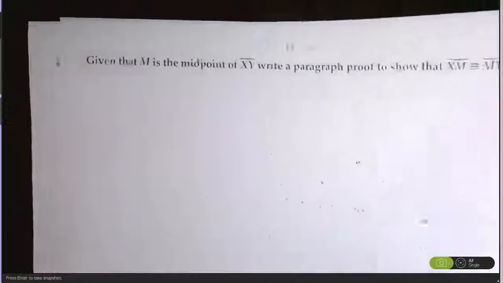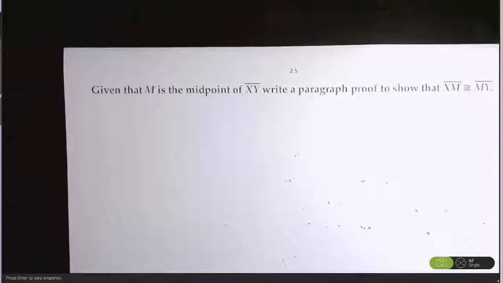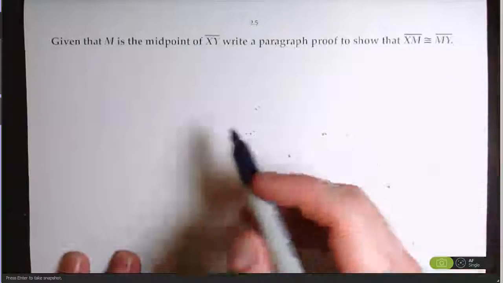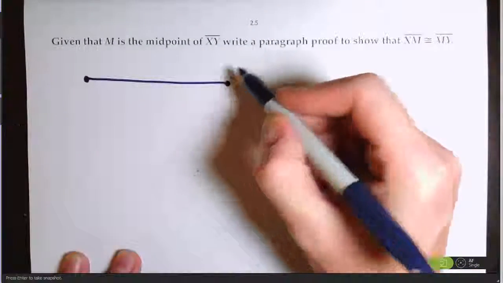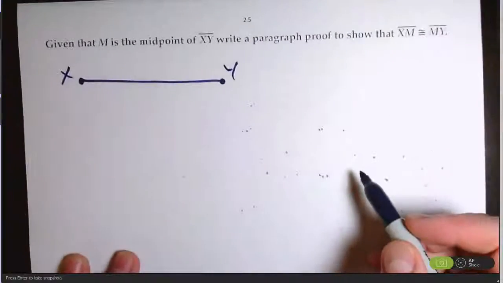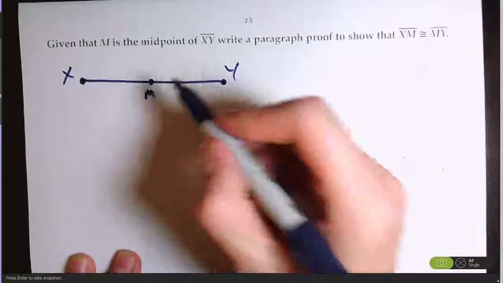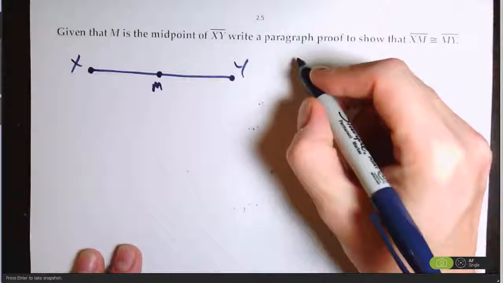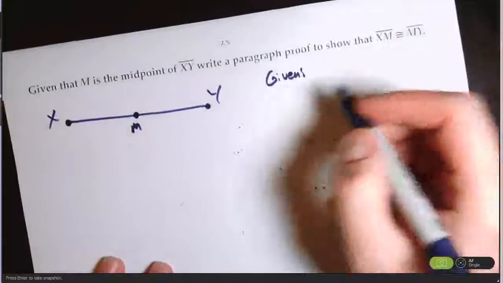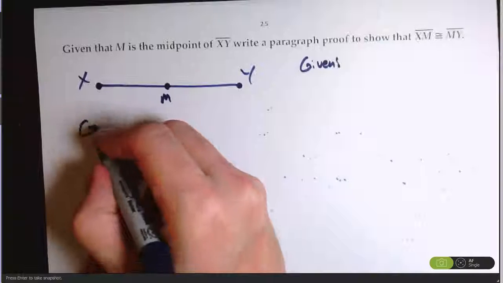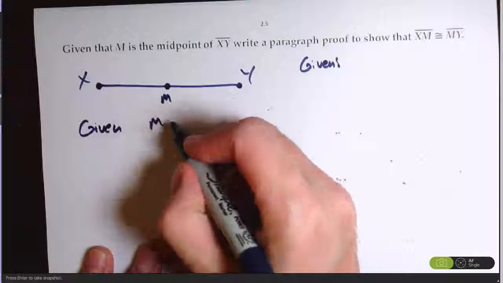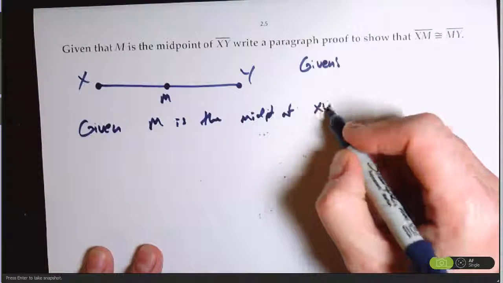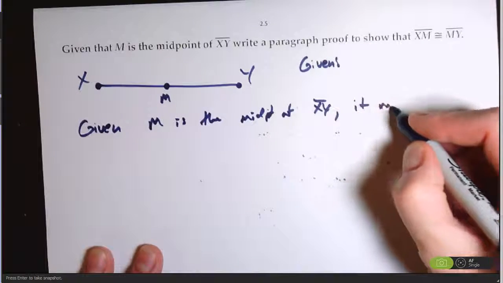Okay. Next example, we talked about in class, is this. Given that M is the midpoint of XY, write a paragraph proof to show that XM equals MY. Okay, so here's XY. Here's M. So we have to write a paragraph proof to show that. So given that M is the midpoint of XY, it means